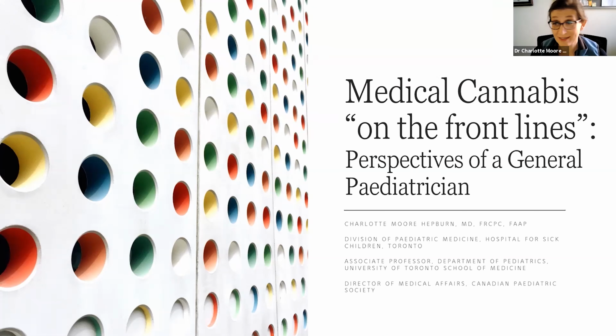I feel like I should probably start first with a disclosure, and that's that I'm not a neurologist, I'm not an oncologist, I'm not a pediatric palliative care physician. I don't even have a specific clinical or research interest in cannabis. I am an acute care hospitalist pediatrician at a large academic tertiary hospital, and I would say that in 2021